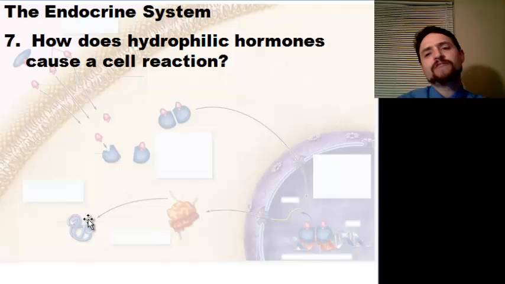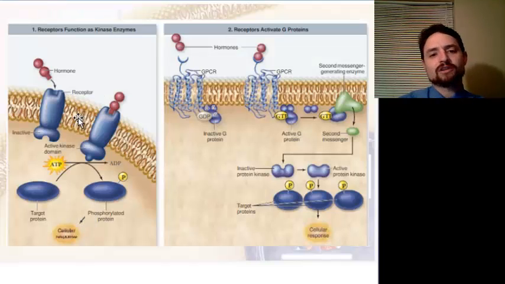What about the hydrophilic hormones? In the hydrophilic reactions, because they're hydrophilic or water-loving, they cannot go through the cell membrane. So those must have some type of receptor protein in the cell membrane. And there's two types here. We've got receptors that function as a kinase enzyme, where they will attach to a protein and then cause an